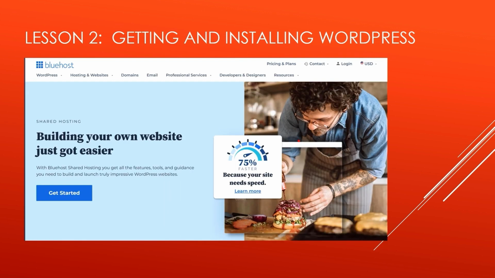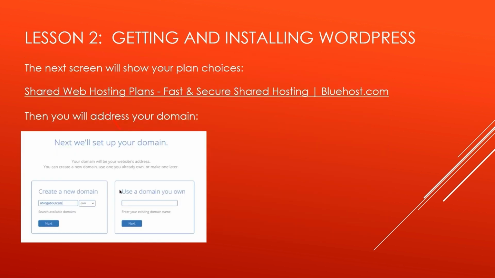And it actually says shared hosting on it, which is good for people like me. Sometimes I work so fast, I select the wrong thing. So this lets me know that I select the right type of hosting that I want, which is shared. And so when you click on Get Started, then you're going to see your plan choices